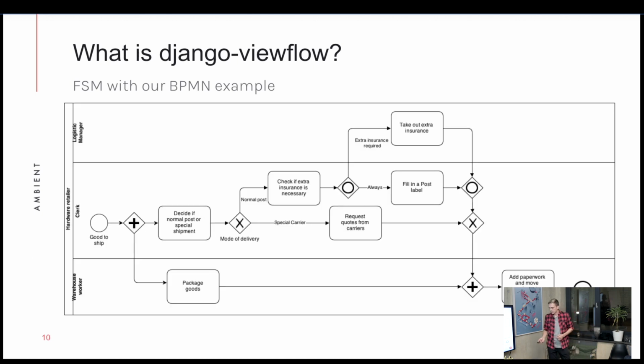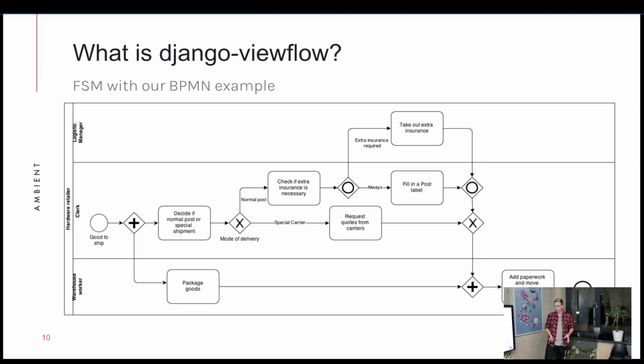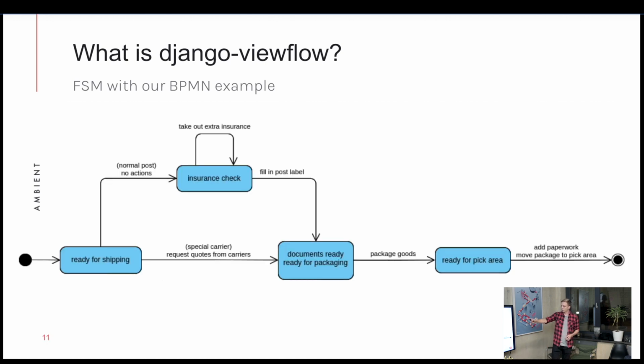Okay, but why do we still have to make this decision after ready for shipping? Well, that's our exclusive OR. Because at that point we have to decide, okay, which direction do we want to go? Do we want to go direction special carrier, or do we want to go direction normal post? If we decide to go for, I think it was normal post, so that is the arrow that branches off